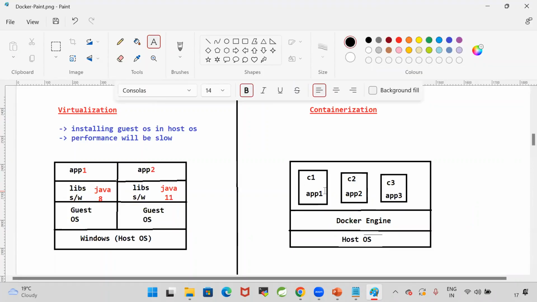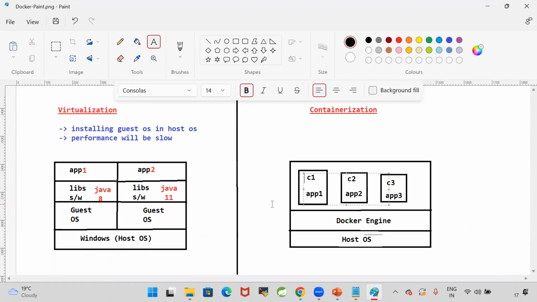So what will be there in the container? In this container, Docker will take care of the operating system which is required. It will take care of the softwares which are required, and it will run our application. Earlier,